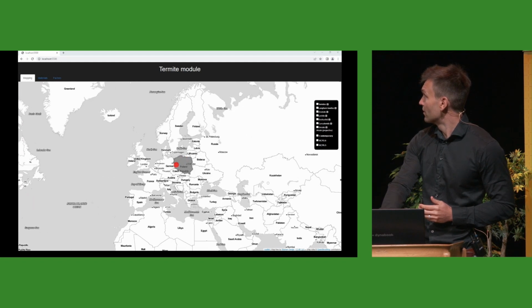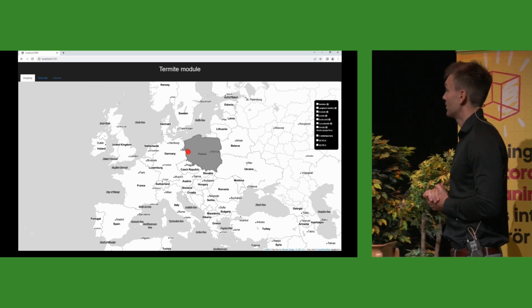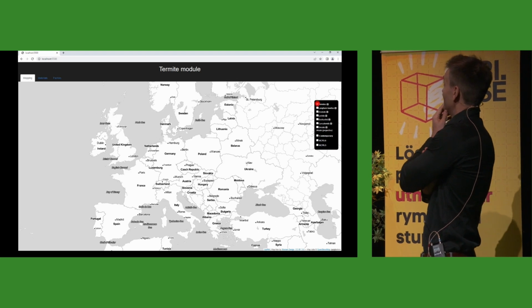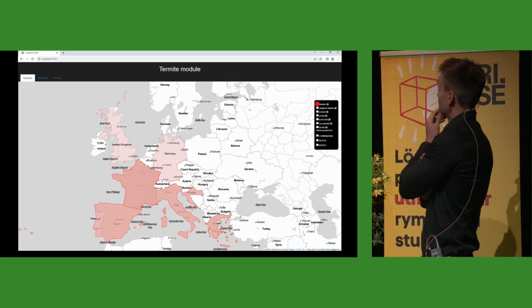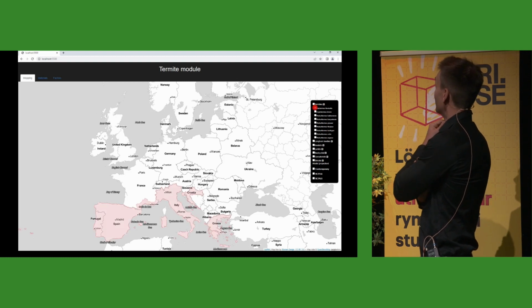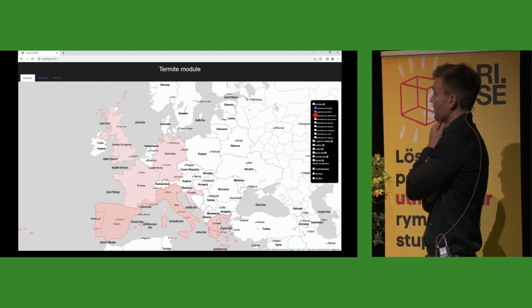So here you have an interactive map, basically, where you can look at the distribution of different types of insects, for example, termites or beetles. You can also look, if you're interested, in a specific species of termites.